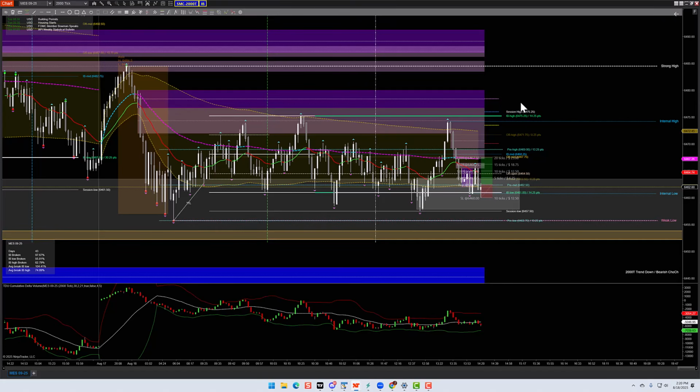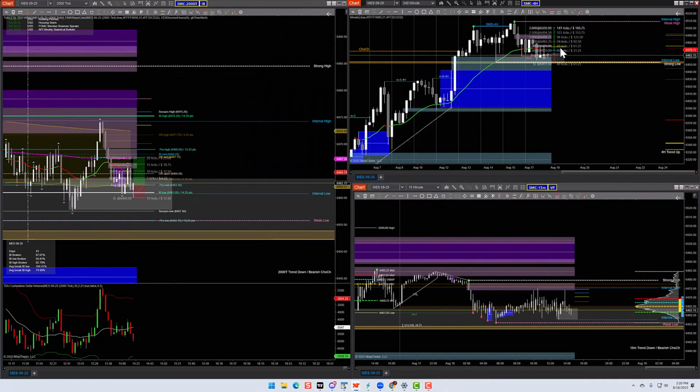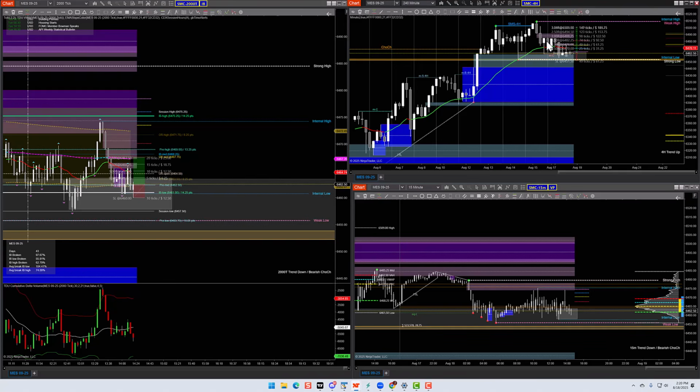Hopefully that helps. I know I went over a lot of little components here, but it really all comes back to what's happening over here. Where's the strong low? Where's the weak high? That should set your bias. So that takes so much pressure off of which way do I want to be looking, and it's so simple. So simple. Now, I can feel this looks like it wants to come down, but you've got to wait